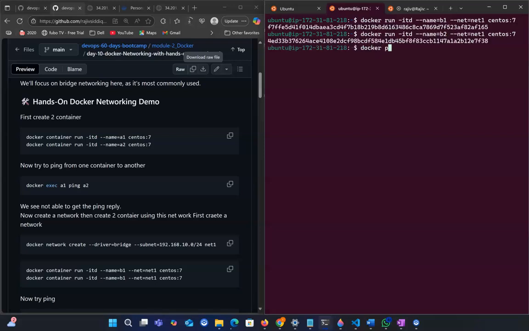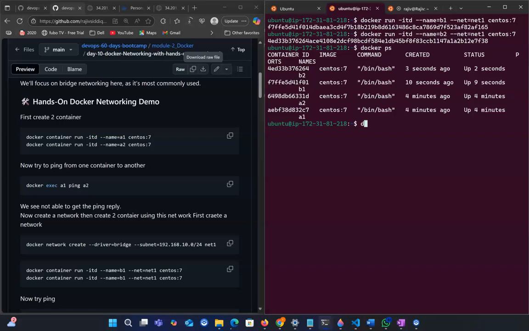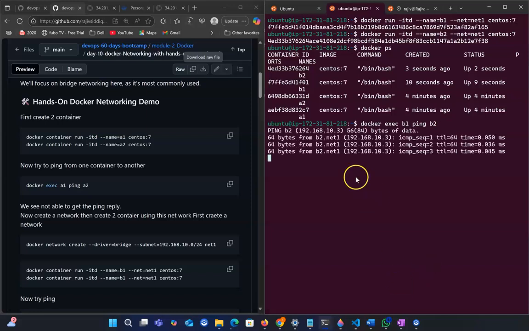So docker ps, you can see 4 containers are running. Now if I want to try to ping, docker exec b1 ping b2, we can see we can ping the same way. If we try b2 to b1, we can also ping. But if I try b1 to a1, we are not able to get any ping response because a1 is